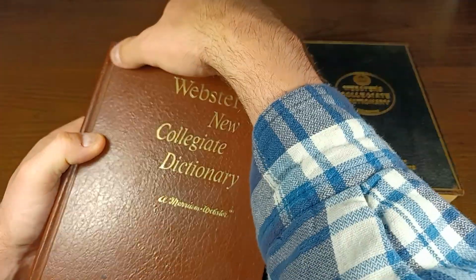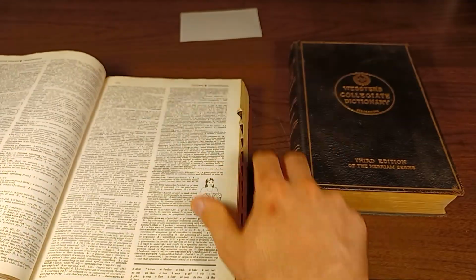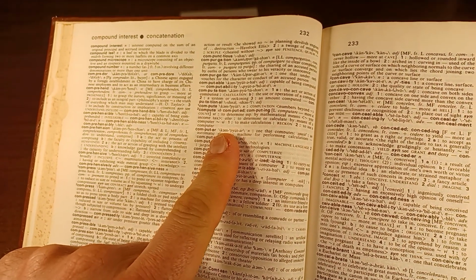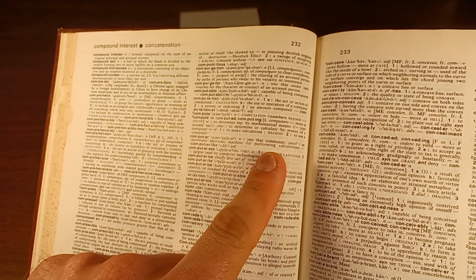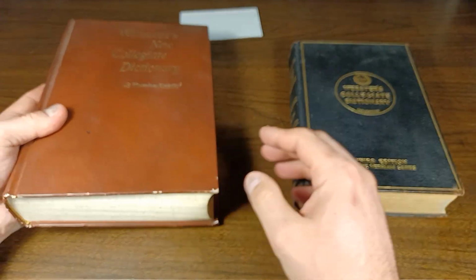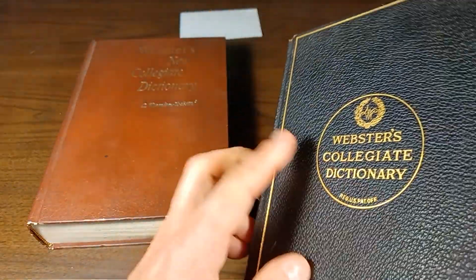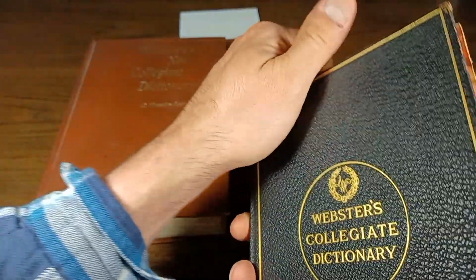We look, say, at the word computer in the 1975, and we're not too far off from a definition we might have today, but not quite there. There it is. Computer, one that computes, or an automatic electronic machine for performing calculations, which is pretty much, you could say that today, but I think the modern definitions tend to provide a bit more detail than that, based on how we view computers now as something that we all have in our homes. But in 1928,